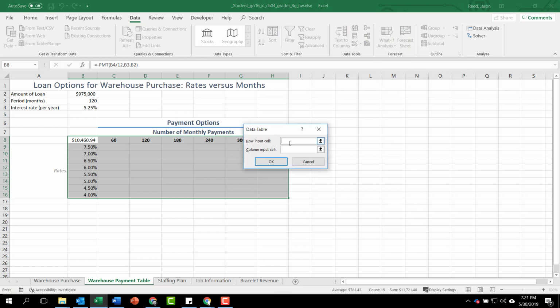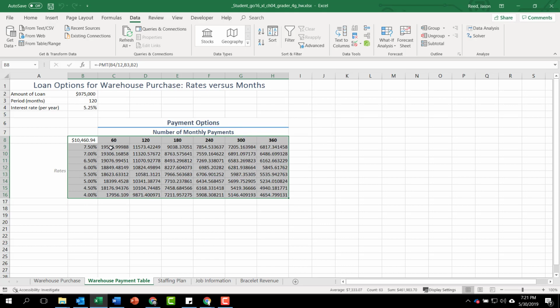And our row input cell is going to be B3. And our column input is going to be B4. So B3 is the number of payments. Our column input is going to be our interest rate. And go ahead and hit OK. And it's going to put in a whole bunch of numbers here. Well, the numbers are kind of